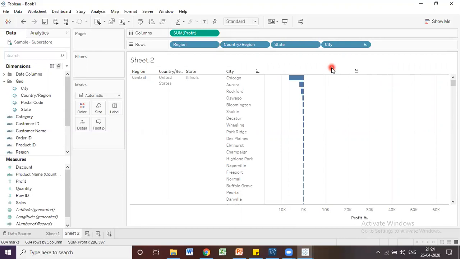If he still wants granular data, meaning lower level data, he wants to switch from region into country level, so then he needs an option to go to the second level, from second level to third level to fourth level. This is the granularity of your data.